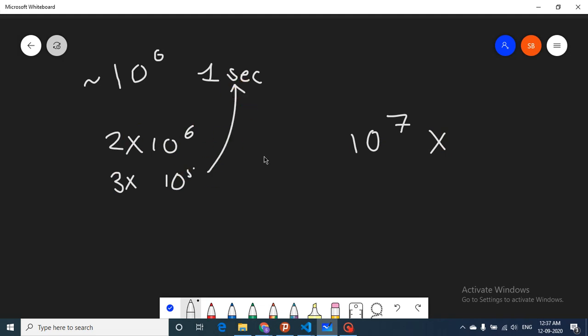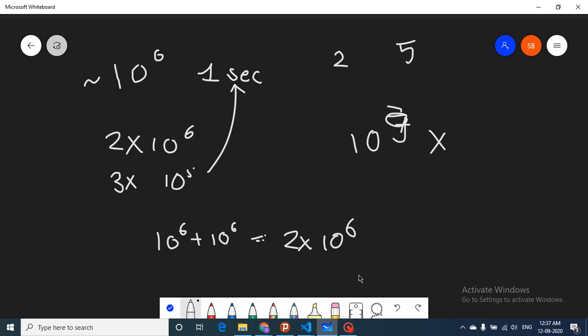Now you have seen that in many questions they have given 2 seconds. So you get confused that now they have increased the time, or in some AtCoder contests they have given 5 seconds. So you think that you can use 10 to the power 9 operations in these seconds, but that's wrong. Let me explain why. Let's assume that you are doing 10 to the power 6 operations in 1 second, then in another second you are still doing 10 to the power 6 operations. So the total is just 2 into 10 to the power 6 operations,